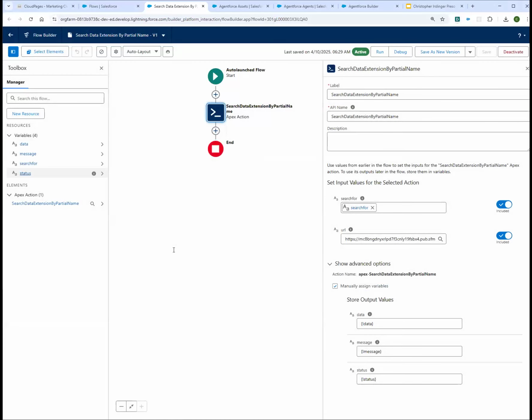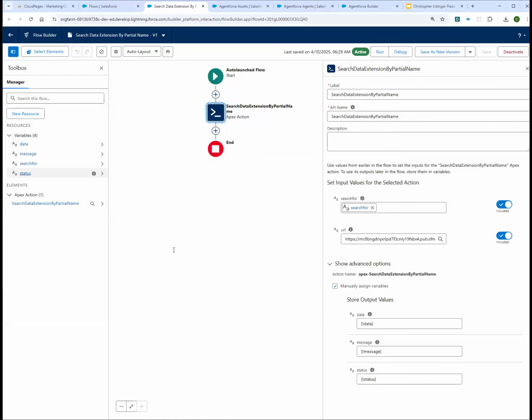However you design your Apex class to request that information from the code resource would depend on what your outputs are and what your expected inputs are. So we have this flow. We could test it here, and we could just search for email. So we know this is supposed to come back with responses of data extensions that have that.